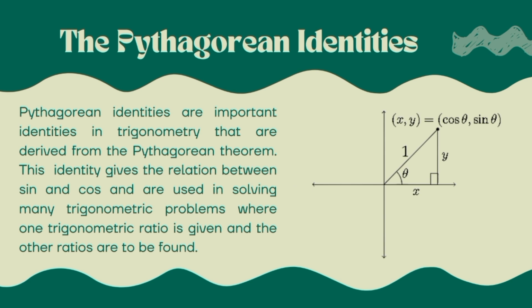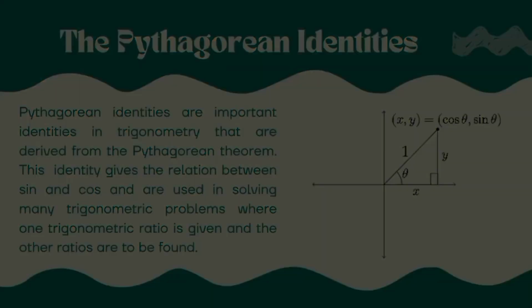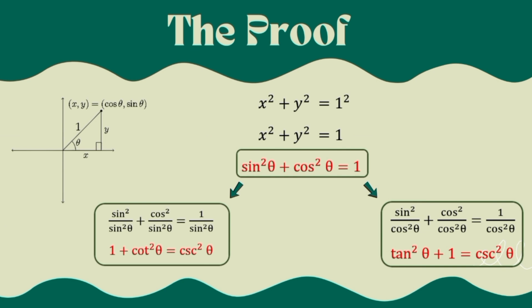So using the Pythagorean theorem in this diagram, you can see that x squared plus y squared is equal to 1. But also remember that in the unit circle, x is equal to cosine theta and y is equal to sine theta. By substituting this, it gives us the first identity, which is sine squared theta plus cosine squared theta